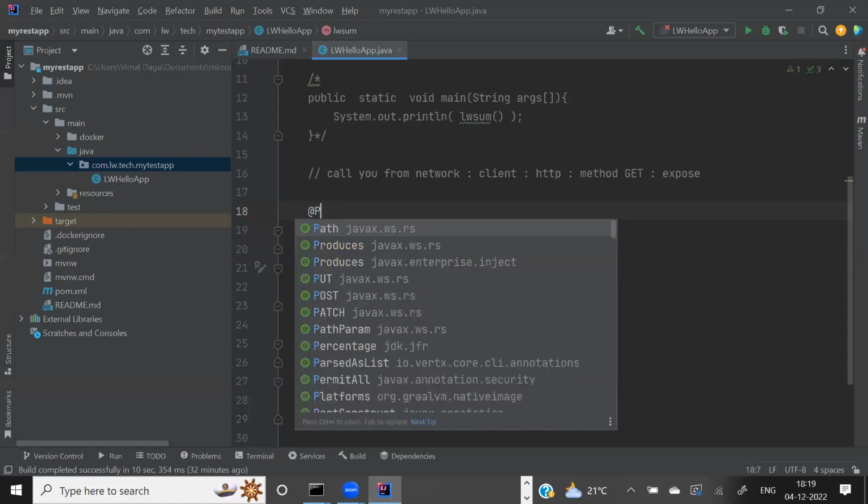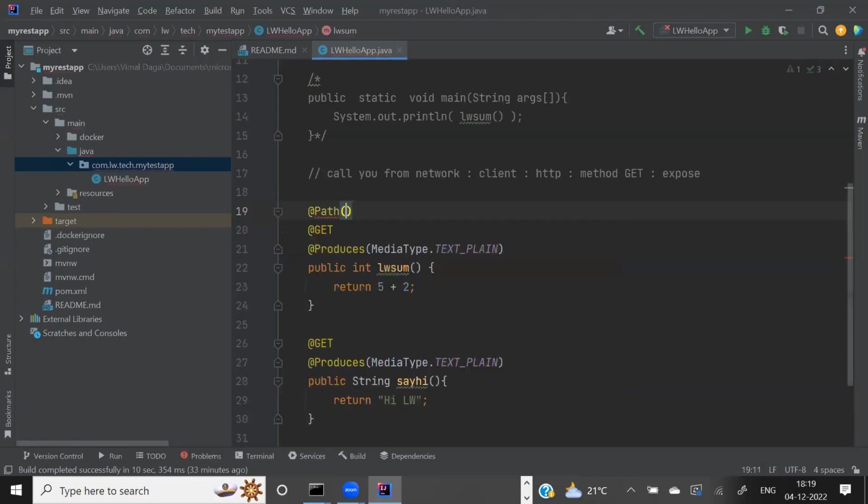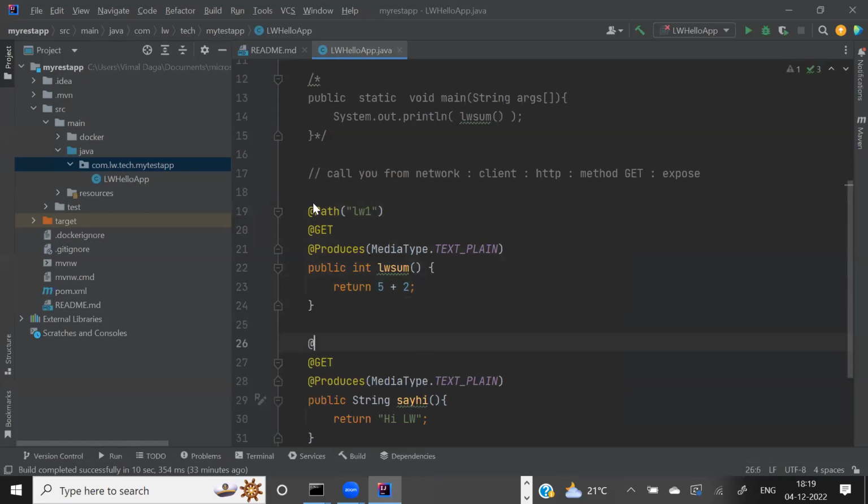@Path annotation. In the Path annotation, we can write the path is LW1. And here we can write one more path. Path and route are the same thing, no difference. LW2, or give a better name.